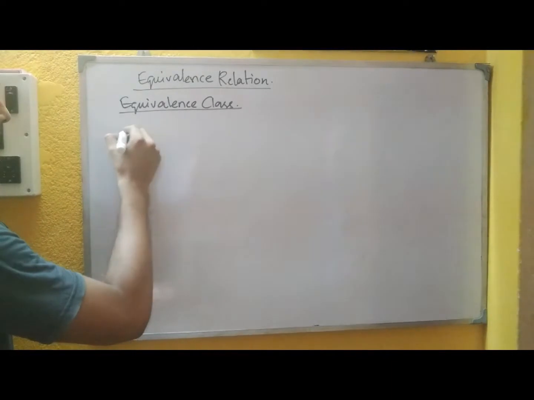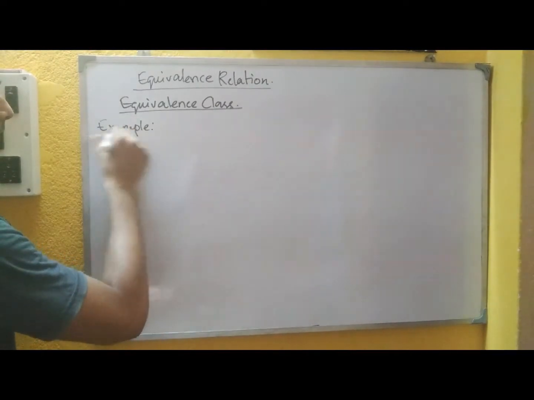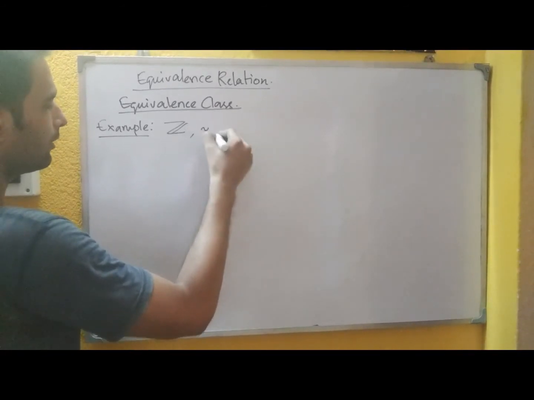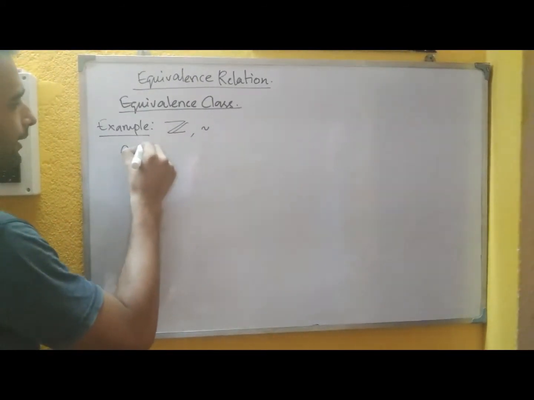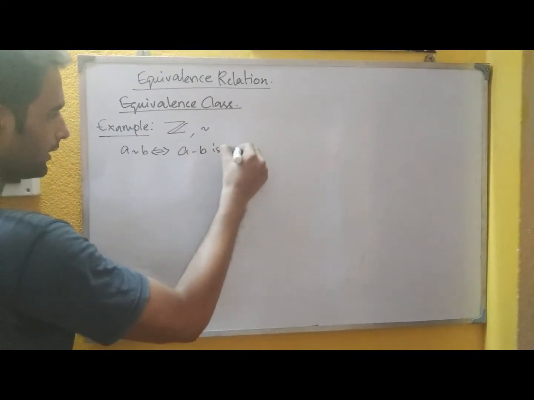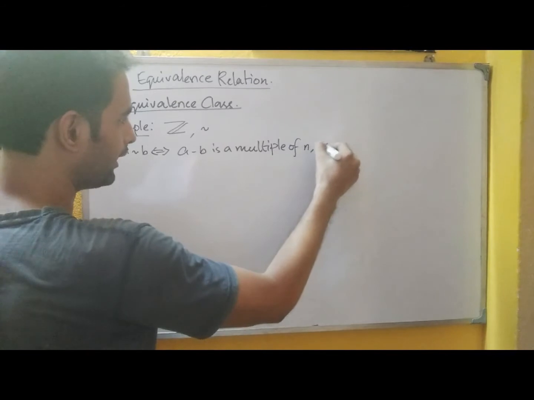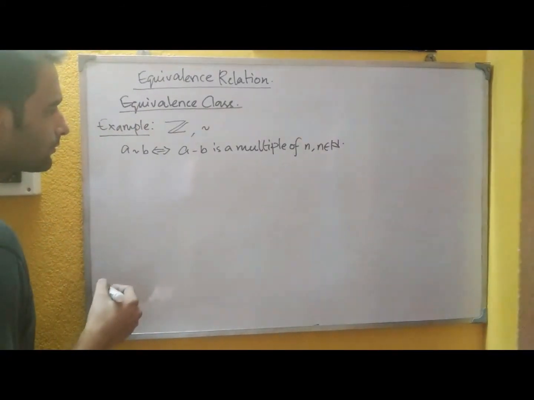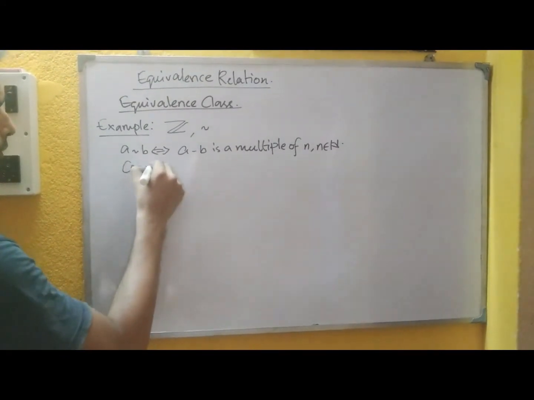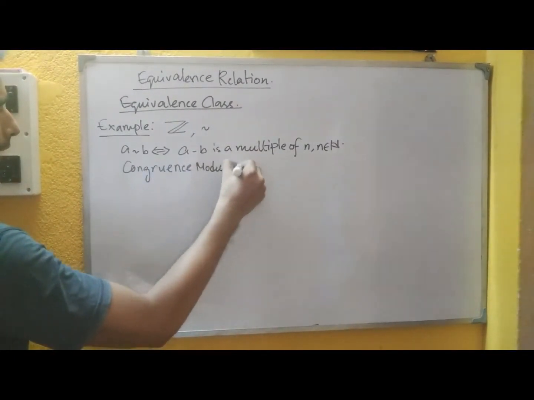So let us take the set as Z, and we take the equivalence relation tilde on it, defined by a tilde b if a minus b is a multiple of n, where n is some natural number. Usually this relation is also known as the congruence modulo n relation,